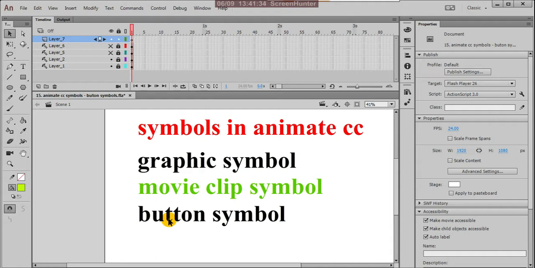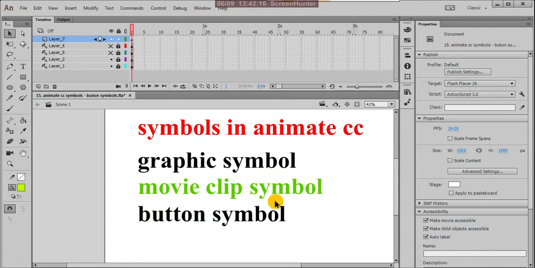Suppose your QuickTime player or your VLC player, their buttons are there: play button and stop button, one step forward, one step backward. So when you click on that, as per your user interaction, your movie or your animations can act. When you press the play button, your movie can play, and in the middle of the movie, if you want to stop it, you click on the stop button, it stops there only, or otherwise you click on the forward button and backward button.